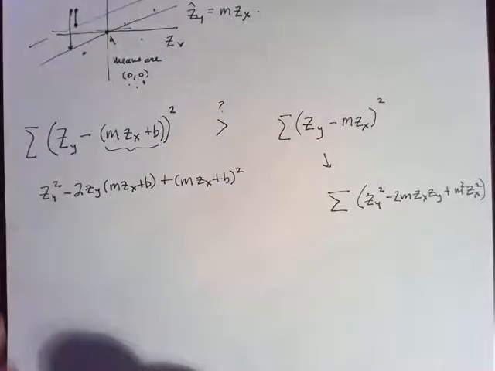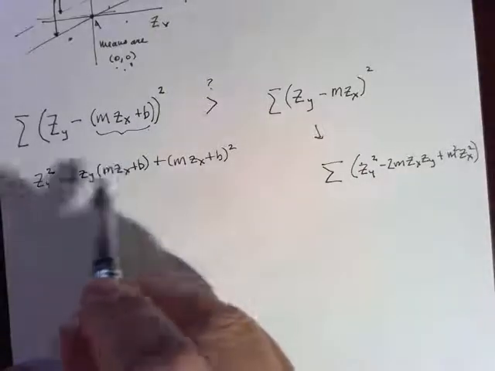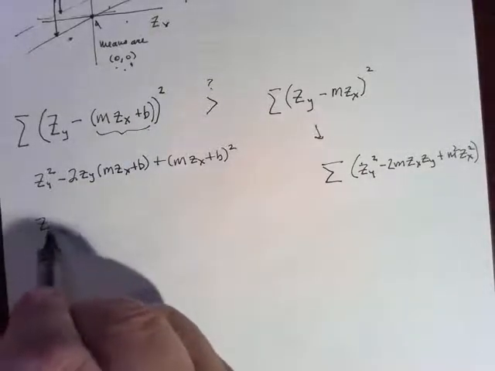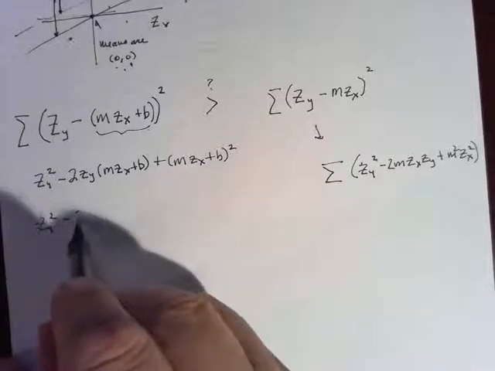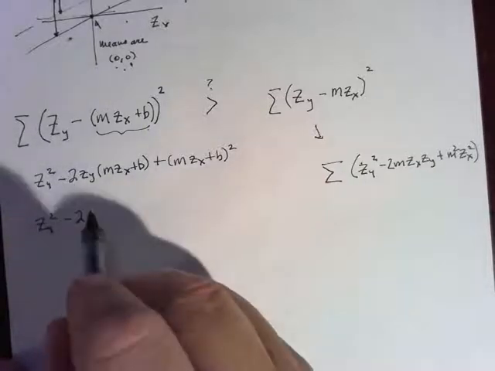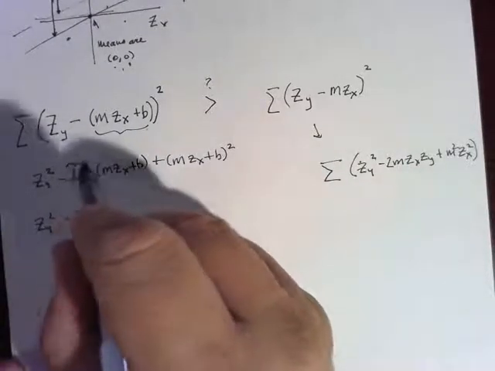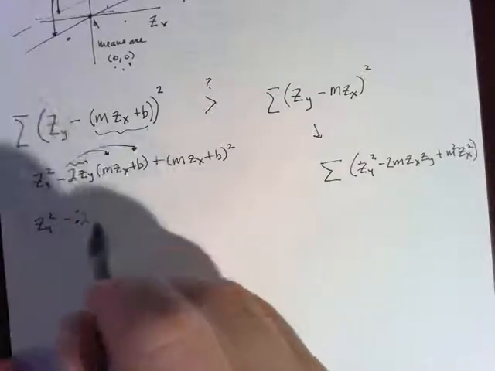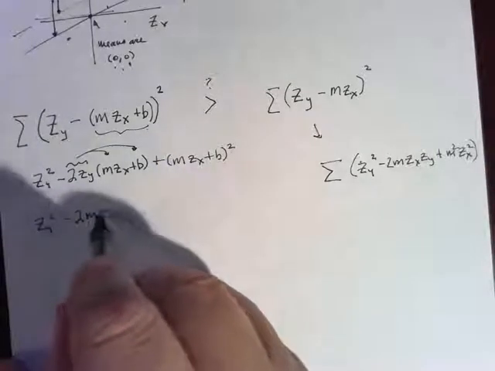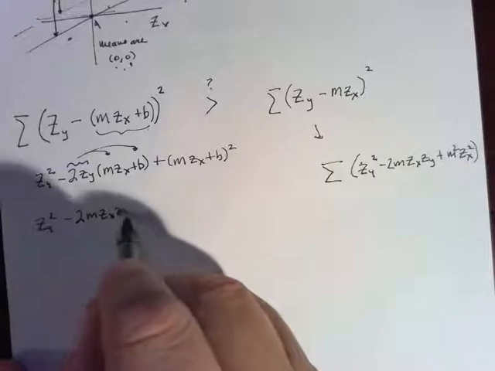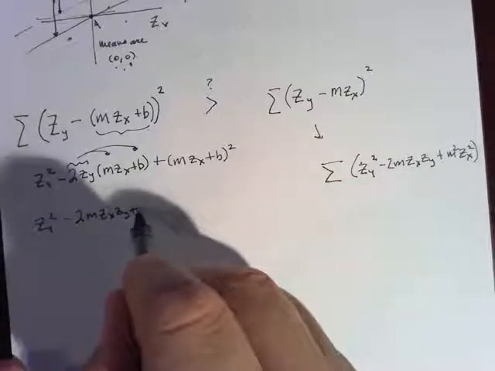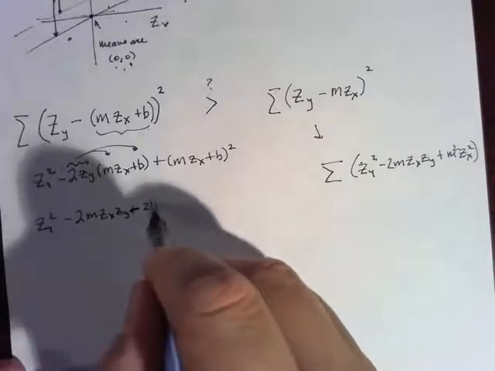Now, I'm going to distribute this. So I'll get zy squared minus 2, I'll just distribute this 2zy across here, minus 2m zx zy, or minus rather, 2b zy